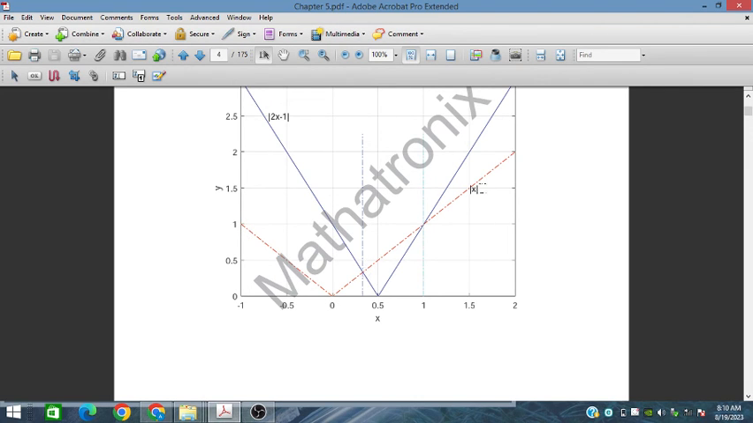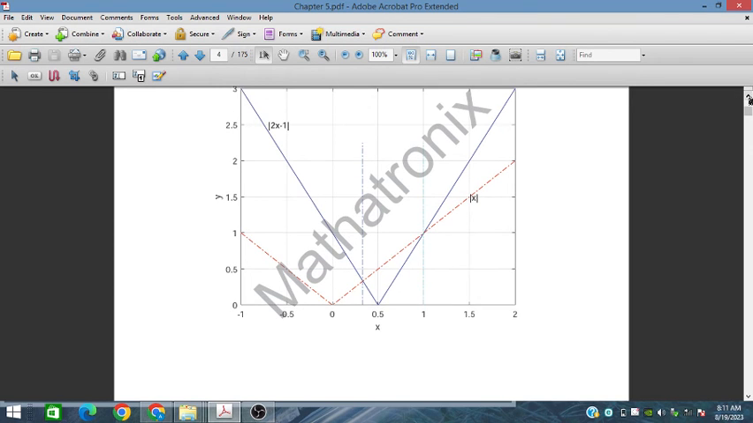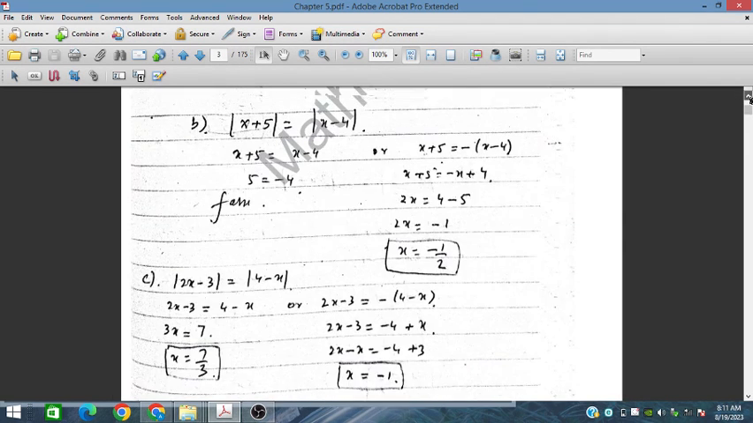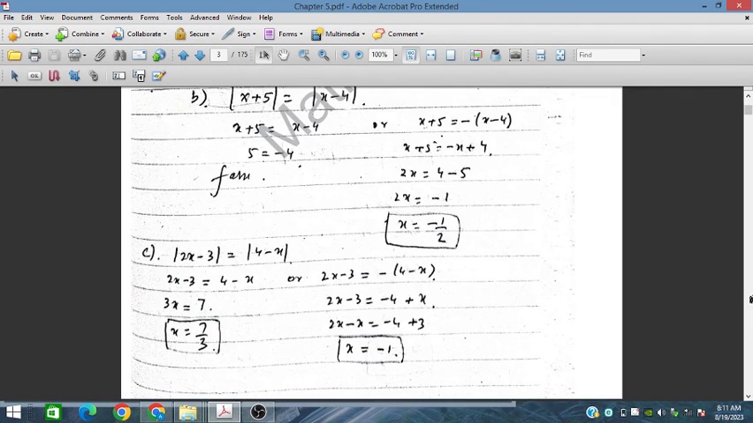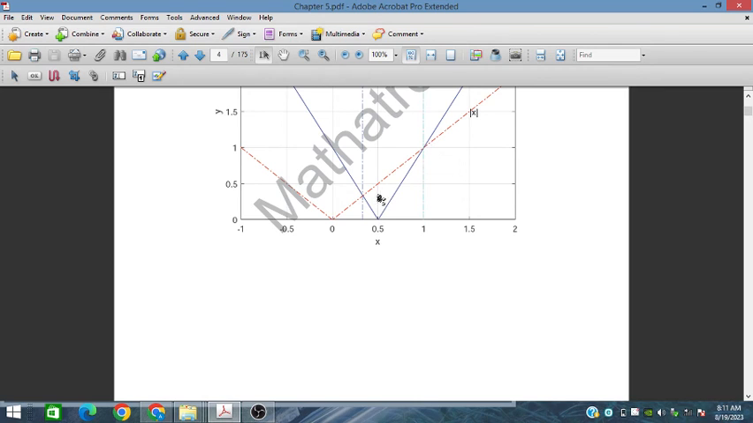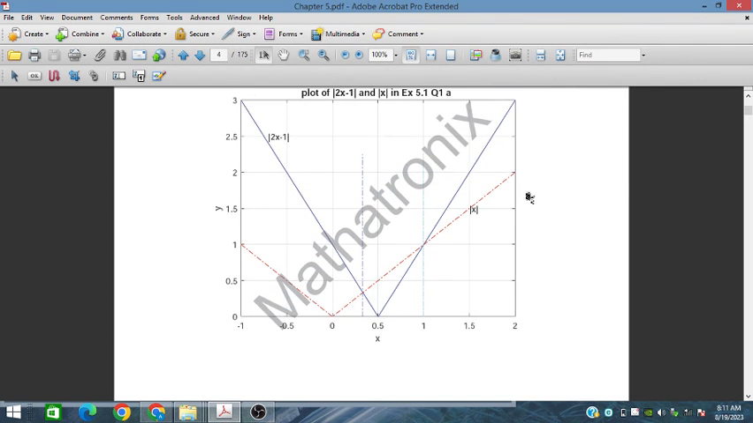And we can see that this red line, that is |x|, and this blue curve, this is |2x - 1|, are intersecting at these two locations, which is 1 and 1/3, I think. So this is 1 and 1/3 as the solutions. So we can see from here. This is very simple. I have drawn it here,